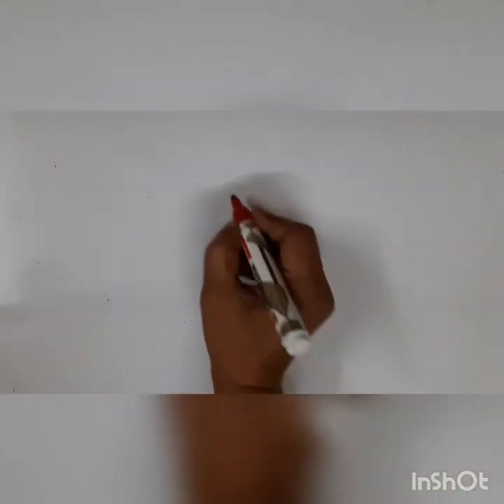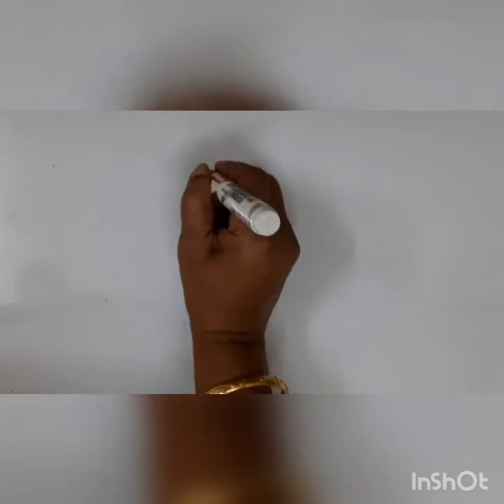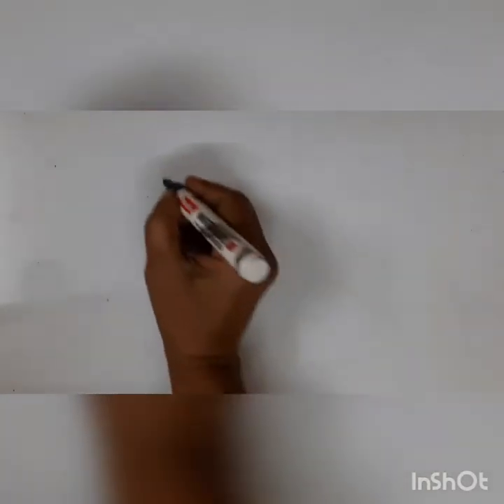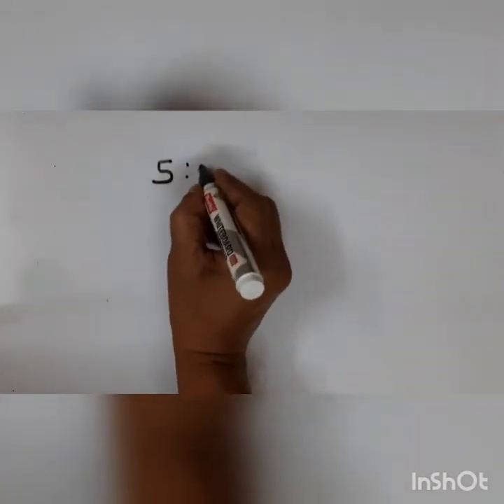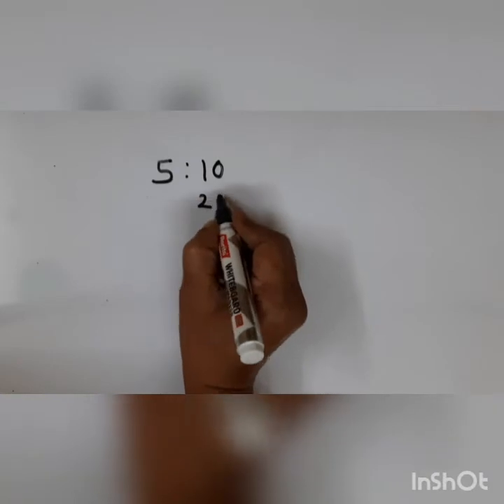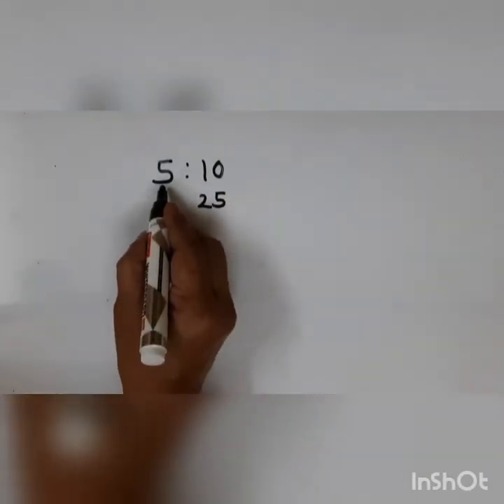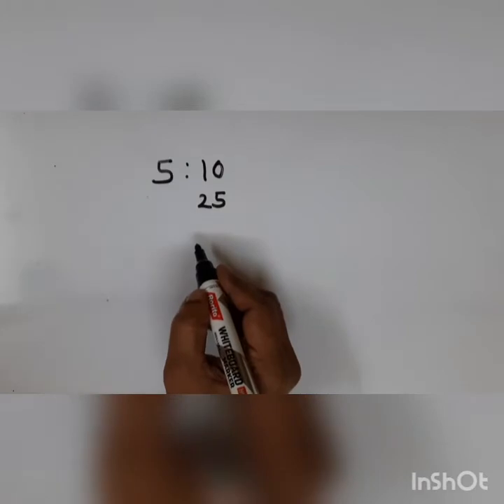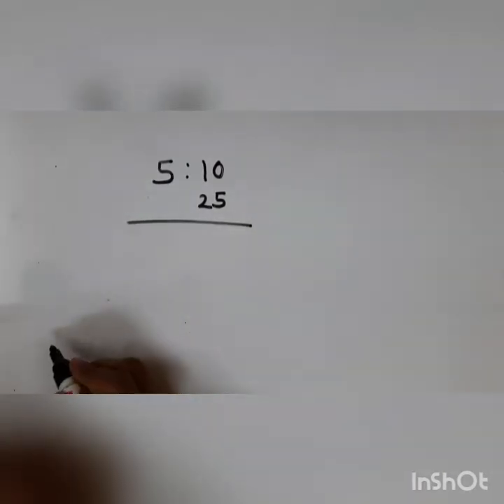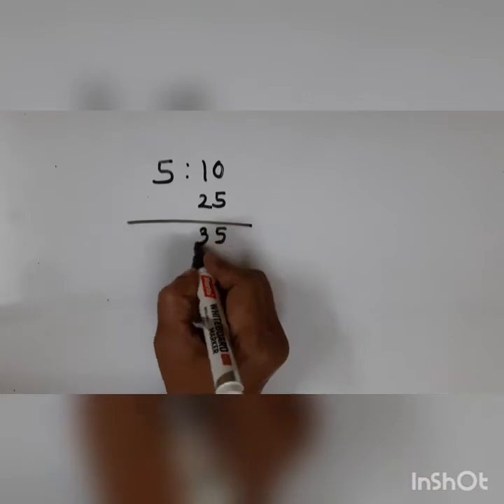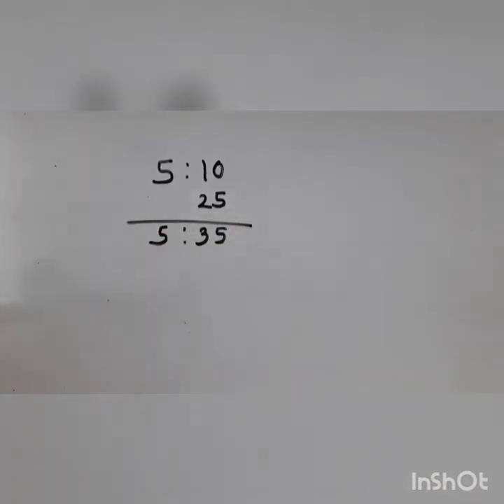okay? So I will do it here, children, so that you understand. The train was scheduled to come at 5:10. It was scheduled at 5:10 and the delay was 25 minutes. Why, children? Because this is your hours and this is your minutes. So you add this. So that will be how much? 35. 5:35. Okay, but children, you'll have to write statement for that.